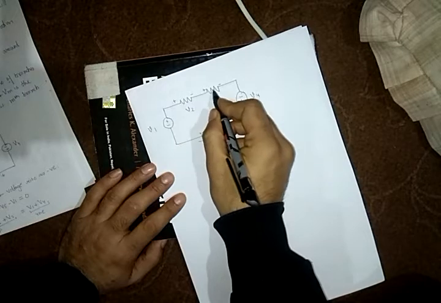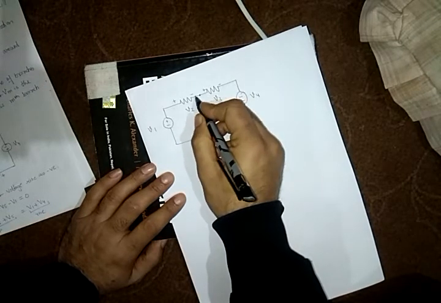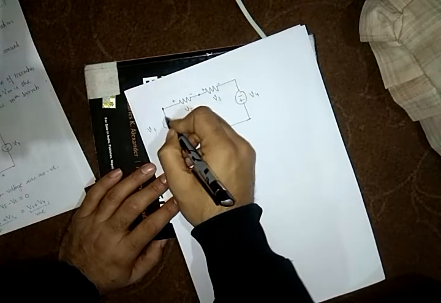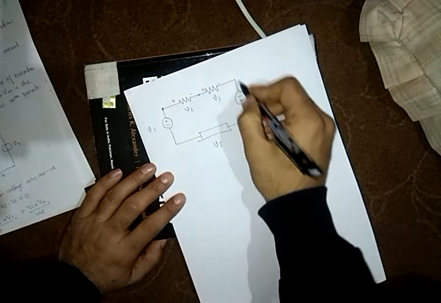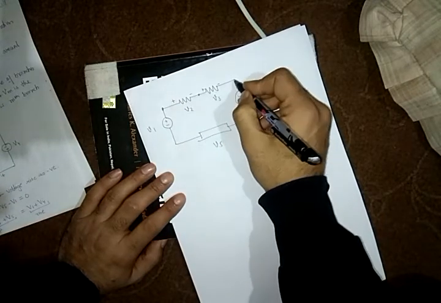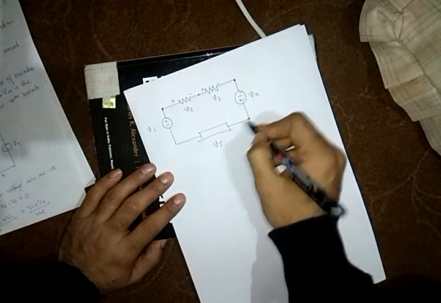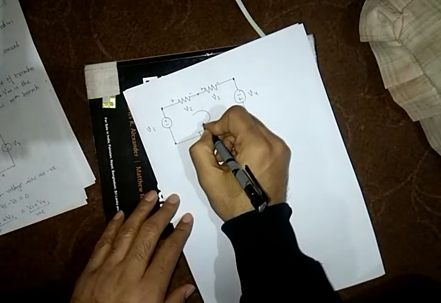See here, these two are connected in series because they have a single node. They both are connected to a single node, and this voltage source and this resistor are also connected sequentially via a single node. This voltage source and this resistor and this voltage source are also connected in series. This and this are also connected in series. So the whole circuit is a series circuit. That is why it will form a loop.